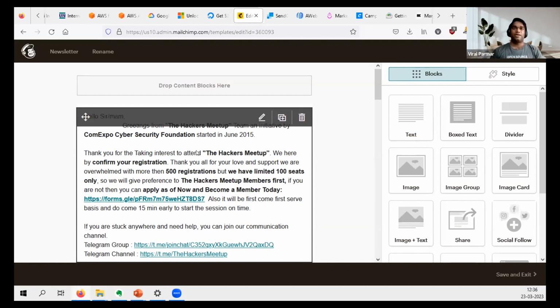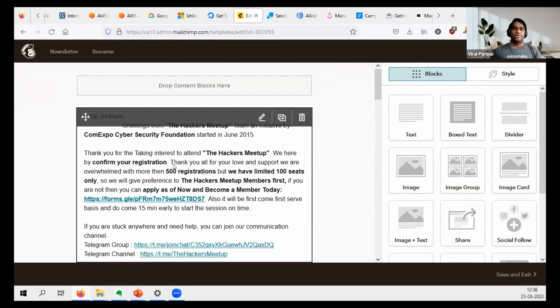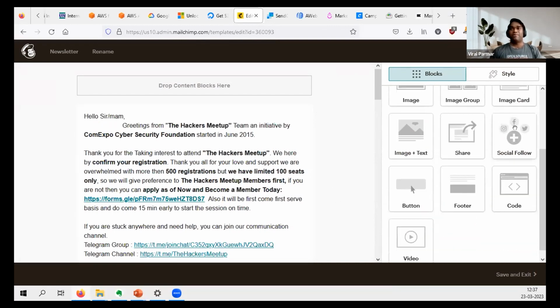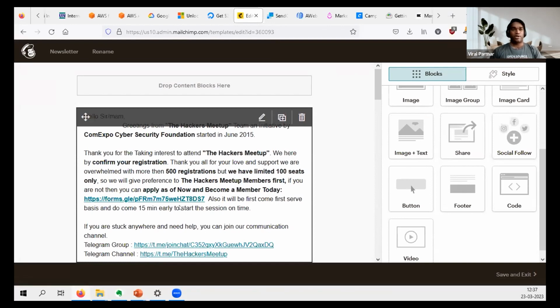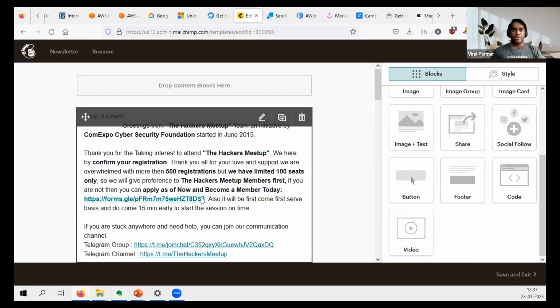these are very easy to create. Instead of creating a whole thing in HTML format, which is a headache when you create an email, the templates are ready, and there are drag and drop blocks. If you want to insert text sections, you can drag and drop that in the text section here. If you want to add an image, you can add it here. If you want to add a collage image, you can do that as well. If you want to mention social media accounts and links, you can do that. You can also add buttons and photos. Even if you want to add some code, you can do that. And if you want to add video sections, you can do that. And you can style the whole email as well.